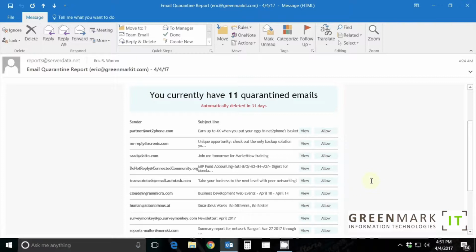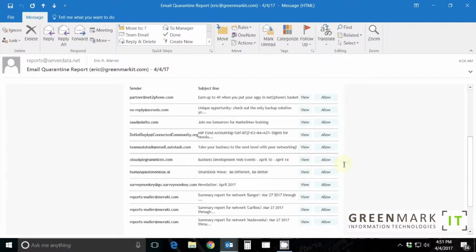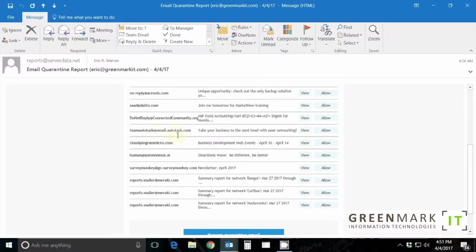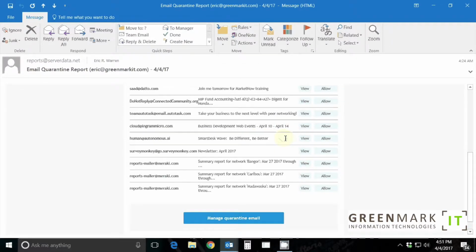Going back to the email report, I'm going to continue scrolling down and take a look at the rest of the emails that I've received. Here's a Datto.com email: "Join me tomorrow for the Market Now training." That's obviously a marketing email. Team Autotask, autotask@email.autotask.com: "Take your business to the next level." Again, it's marketing. Cloud@ingrammicro.com. Marketing. All of these are marketing, but down here at the bottom, I've got some reports from some Meraki